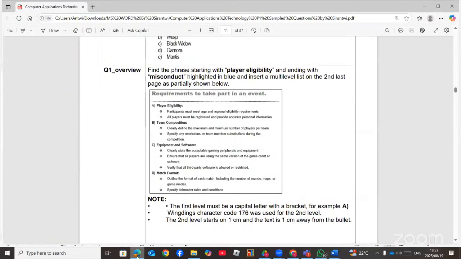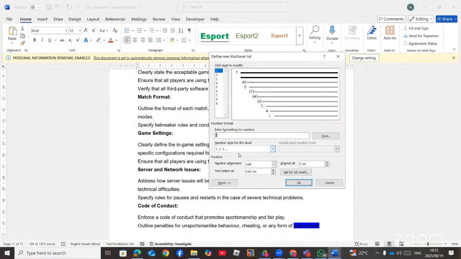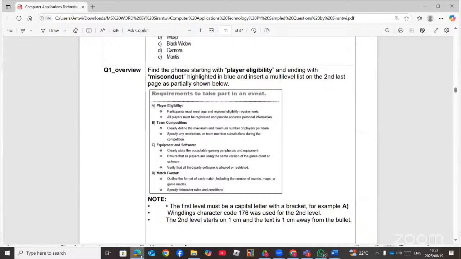Then the first level is ABC. So we select number style for this format. We choose ABC. Remember, it has a bracket, so we must put a bracket here under the enter formatting for number. Then the second level,